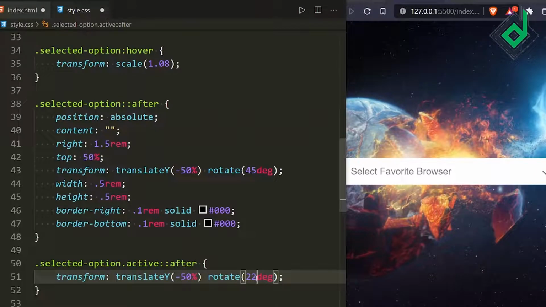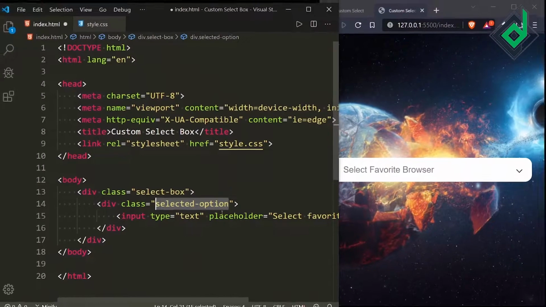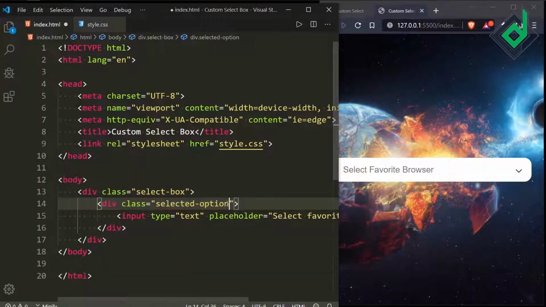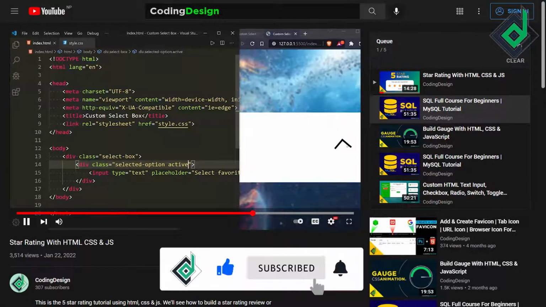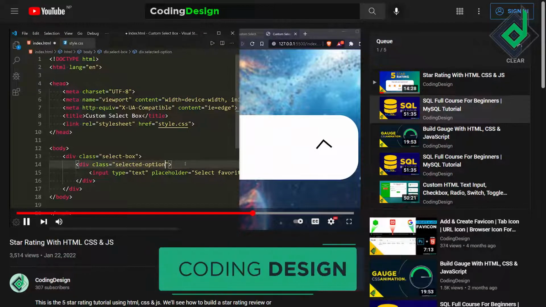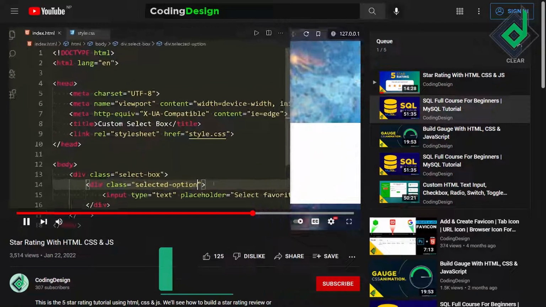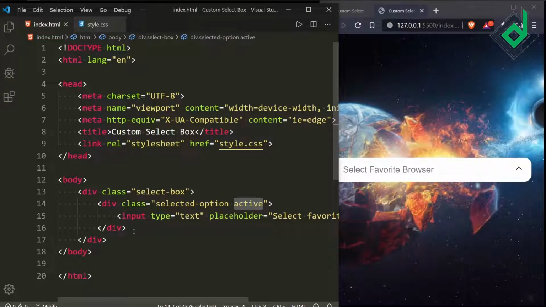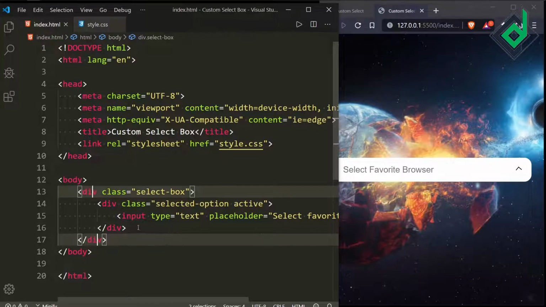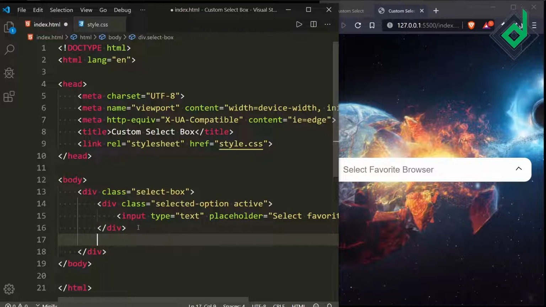Okay, for the div with class name selected option, when I give active class in the browser, now you can see the arrow is rotating exactly in the opposite direction. Now when I remove that active class, it will gain its original position. Okay, yeah, let's keep that active class. Now just below the div with class name selected option, let's create the unordered list item.